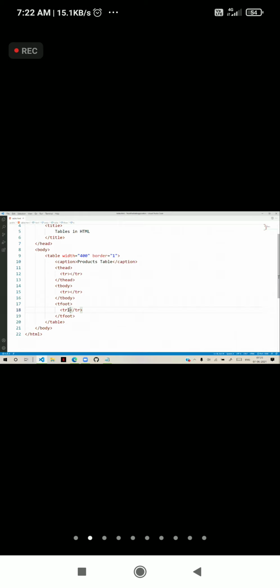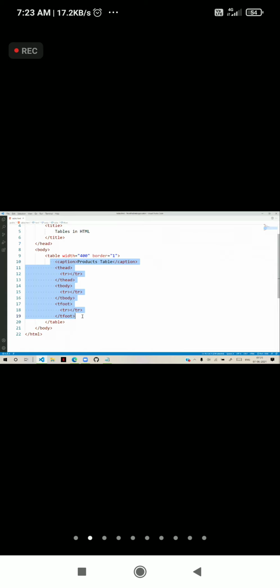So you can have a table without these sections also. You can directly have rows, TR, inside table. There are so many consequences. Don't get overexcited. Just wait until I explain the complete concept. Understood? Because some people have questions before we go into the concept. Wait till I explain the concepts. So head, body, footer, all these sections are optional.